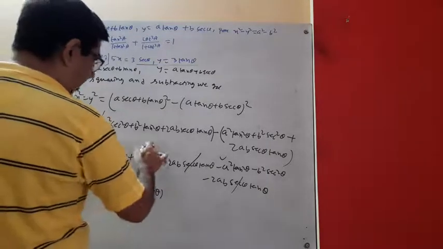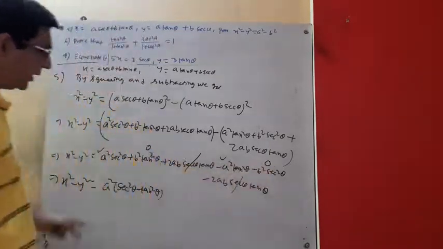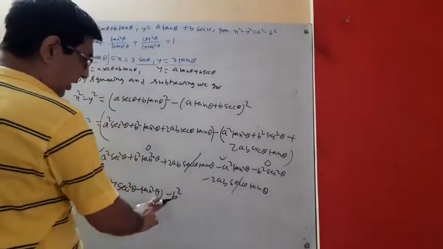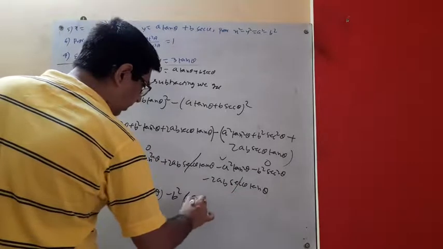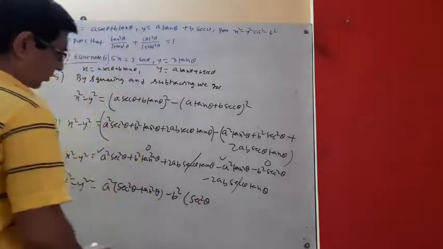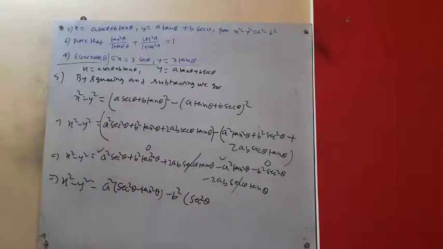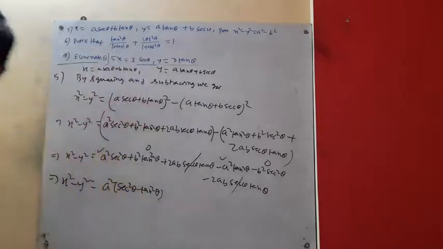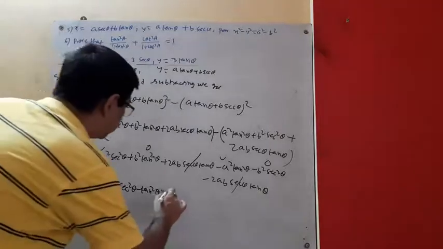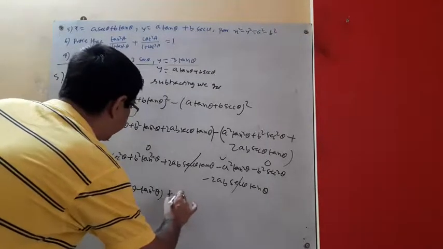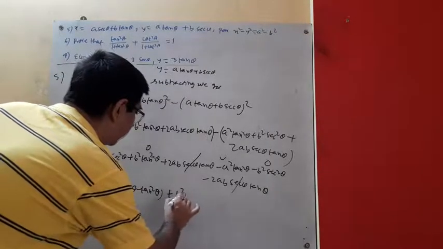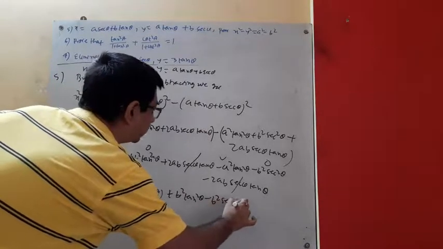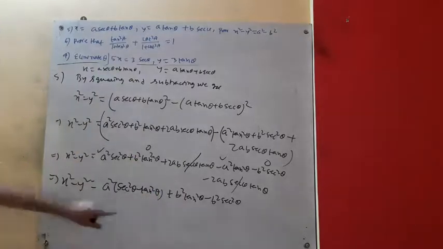Now from this one and this one, what do we take common? b square? No, minus b square. Why, sir? Because if we take minus b square, this will come first, sec square theta. Okay, let it be. This one is no problem, I will make it more clear. So what are we getting? This is b square, right? b square tan square theta minus b square sec square theta. Look, this is the one, right?